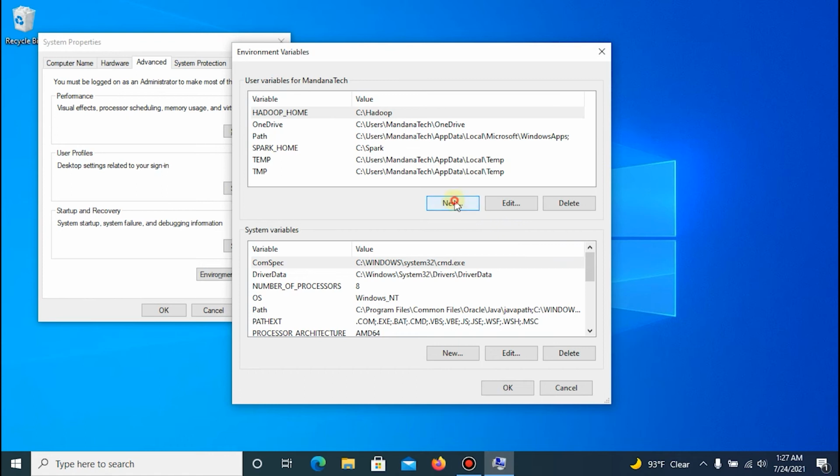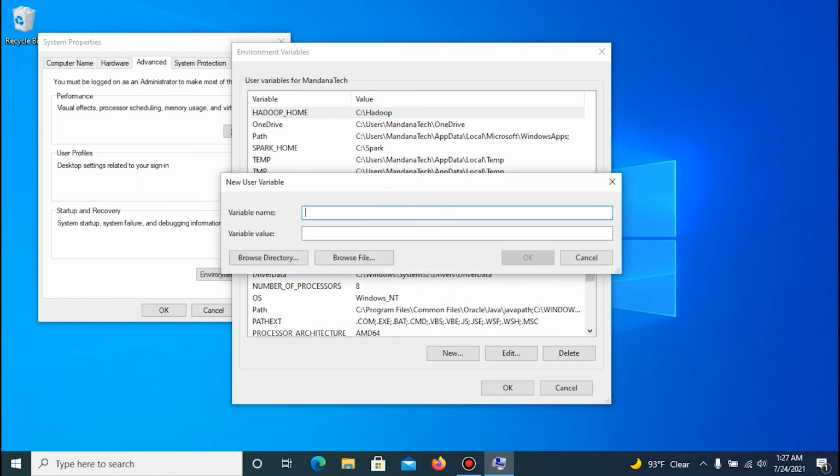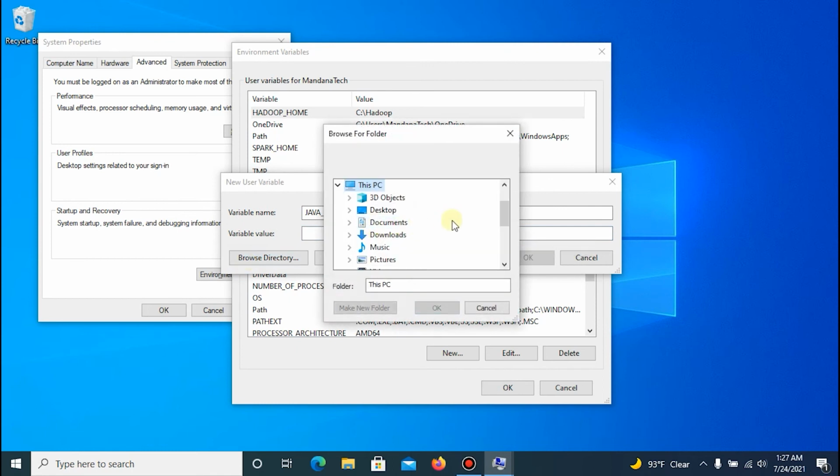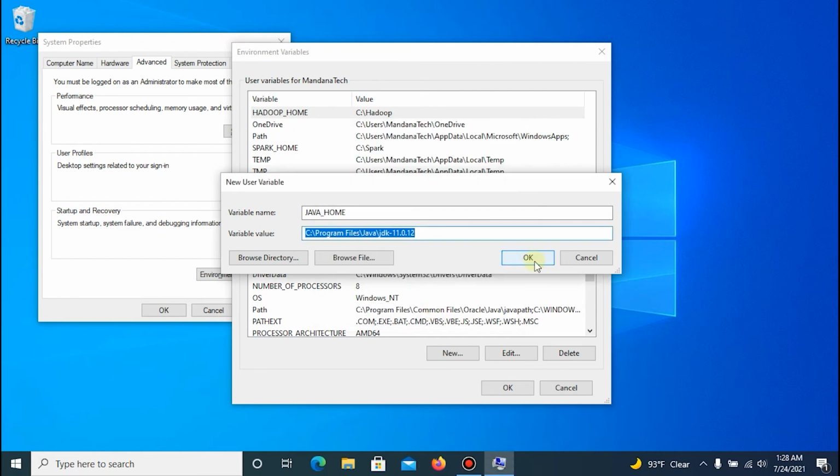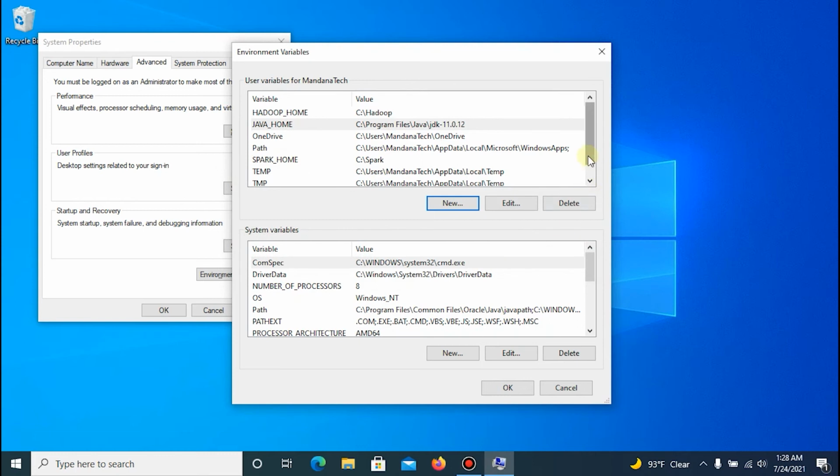And also another one for Java. The path was in drive C, Program Files, Java, and JDK 11. And also we should edit the Path variable and add new environment variables for Spark and Java here.